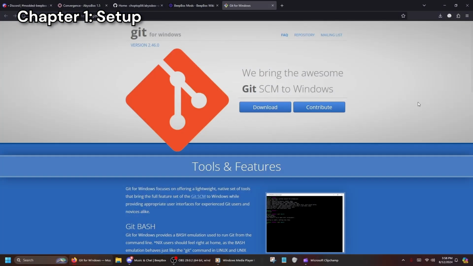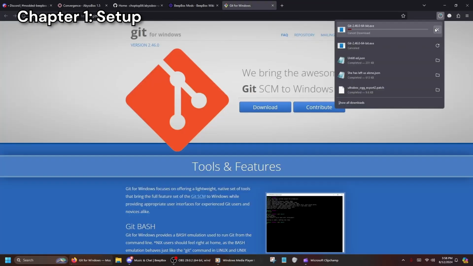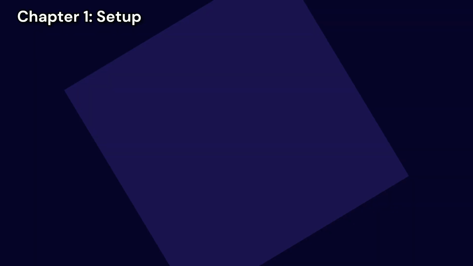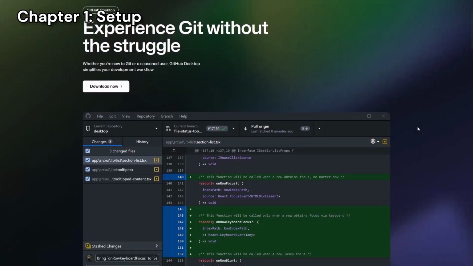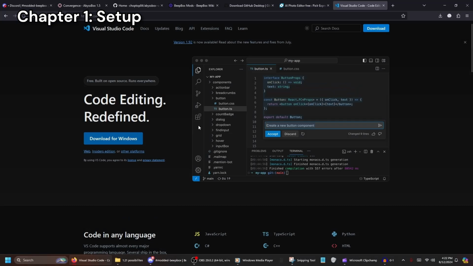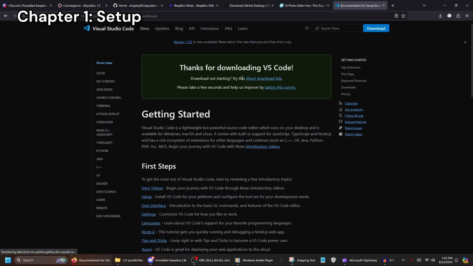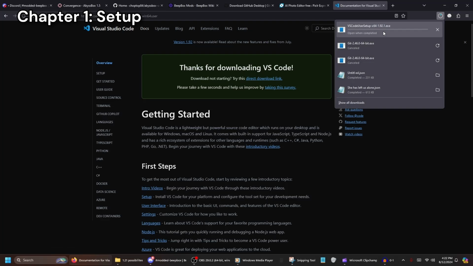Next is Git. Git is the program we're going to be using to compile the mods later, but right now all you need to do is download and install this. Finally is GitHub Desktop. You'll be using this program to make updates to your Beep mod. Now, one last thing I suggest installing is VS Code, or VSC for short. VSC is a programming app that is perfect for Beep modding, so I highly suggest using this program specifically for